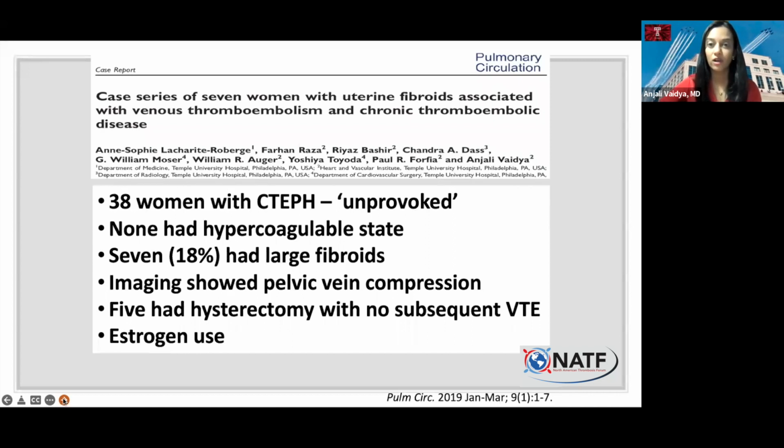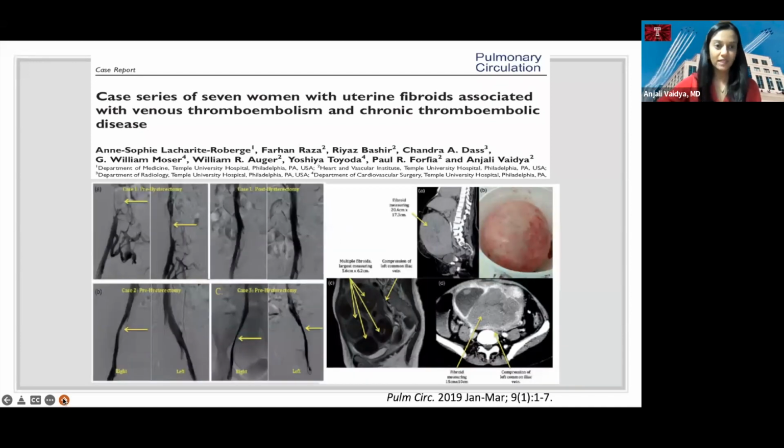And when we looked more closely, it showed that those fibroids were compressing the veins. Subsequently, the patients went on to have their uterus removed or the fibroids removed. And it actually seems to potentially help reduce the risk of recurrent blood clots. This is just some pictures showing how the narrowing of the blood vessels in the veins were present when the fibroids were compressing. And on the right side of the screen, just more examples of really big benign tumors.